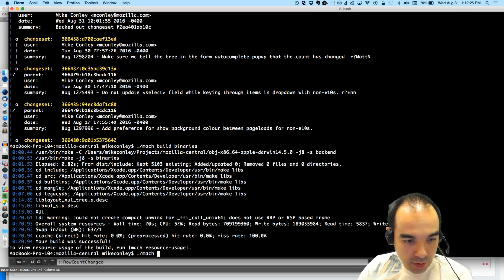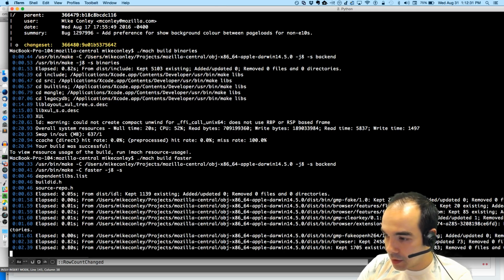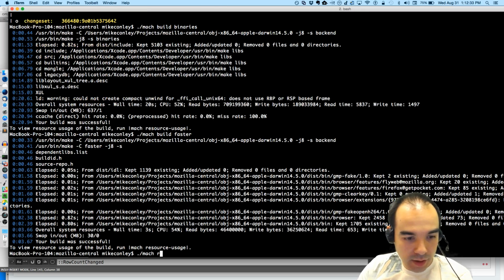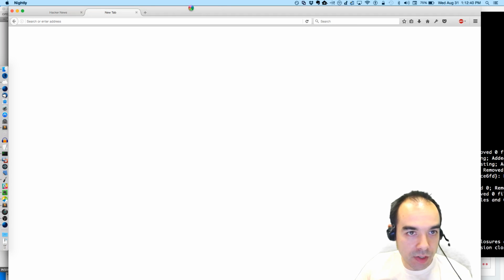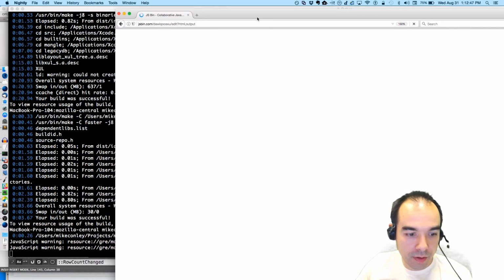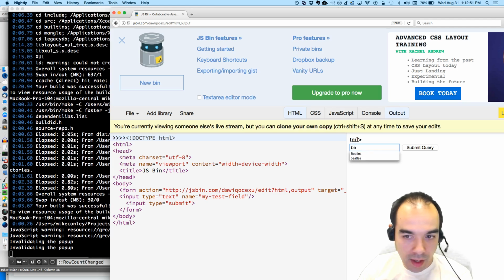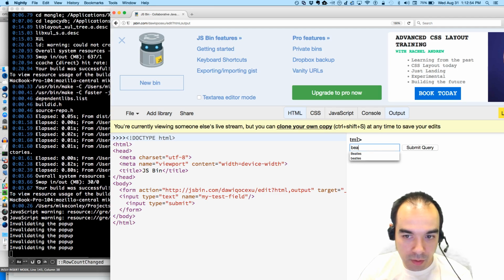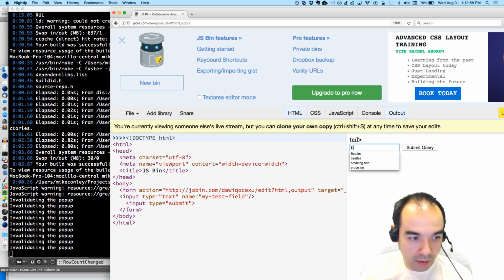And now I am doing build faster. And now I will run. So now we're going to get some nice logging whenever we do stuff with this tree, when we try and reproduce the issue. Because I don't need Hacker News open. Okay, so B-E-A-T, or B-E-A-L, and then I go back, back, back.